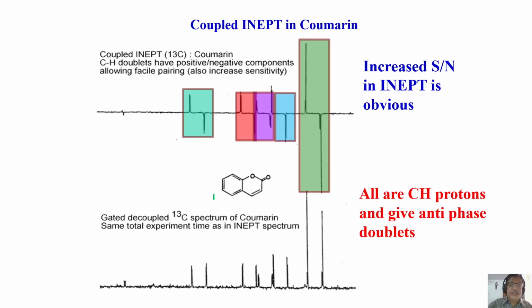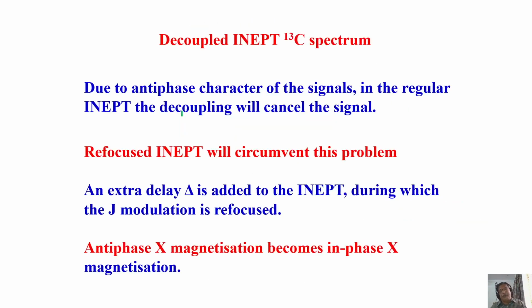The only thing is, you have to take the center of this as the carbon chemical shift, and you will get two peaks like this. But that's not a great achievement, because when you add up the signal intensity ratio there is only a little more gain. So coupled INEPT is not the most advantageous thing as far as we are concerned. So what do we do? We have to do the decoupling. How do you do the decoupling? We have to make sure the antiphase components, which were in the opposite direction, come in phase so that they won't get cancelled out. How to do that? This is done by what is called refocused INEPT.